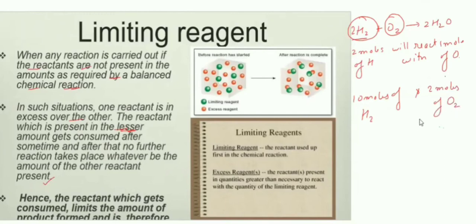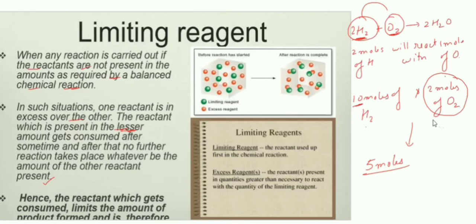and we want to find out the amount of water formed in this reaction, then it becomes very important for us to know the limiting reagent in this reaction. We can use our standard relationship: for 2 moles of hydrogen, we require 1 mole of oxygen. So for 10 moles of hydrogen, we will require 5 moles of oxygen, right? But we have been provided only with 2 moles of oxygen. So our requirement is 5 moles, but we have been given 2 moles.